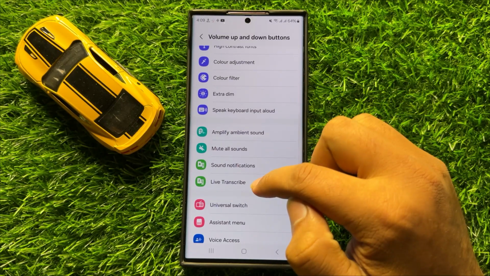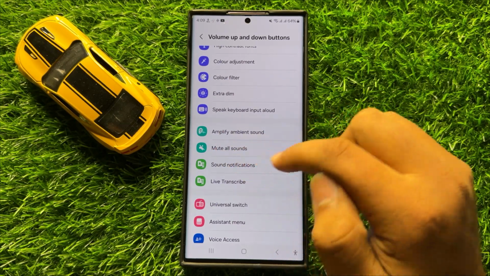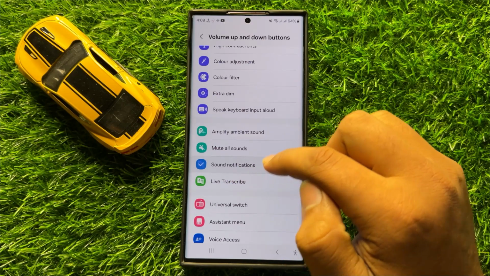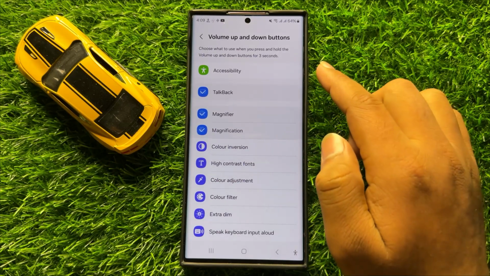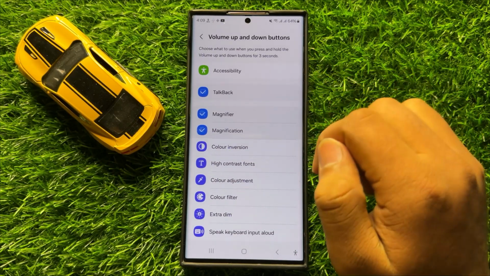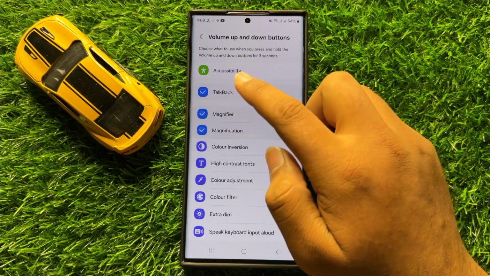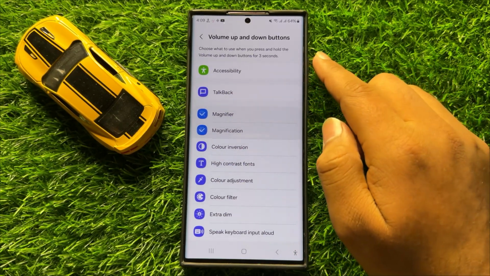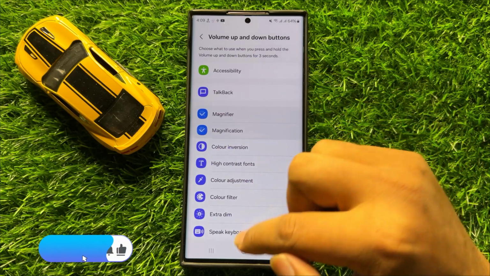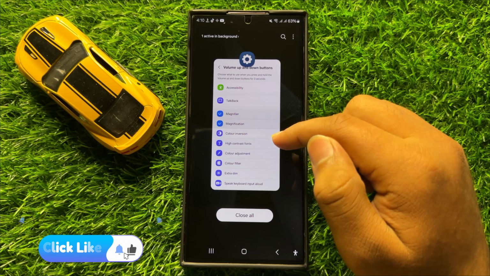So if you want to add a shortcut to the volume up and down keys shortcuts, then select it, and after selecting, the shortcut will be added to the volume up and down keys. And if you want to remove any shortcut from the volume up and down keys, then just simply click on the shortcut again to deselect it, and after deselecting, that shortcut will be removed from the volume up and down keys shortcuts. So that's how you can manage all shortcuts for volume up and down keys in Samsung Galaxy S24